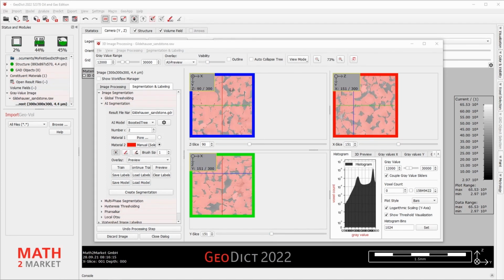If you are satisfied with the current segmentation, please click Create Segmentation.